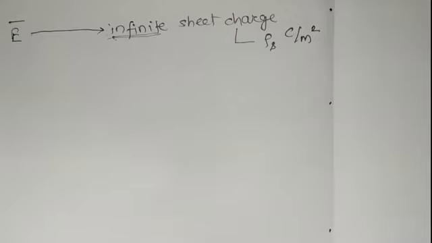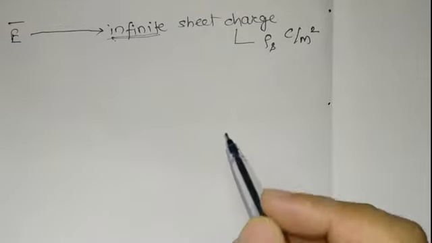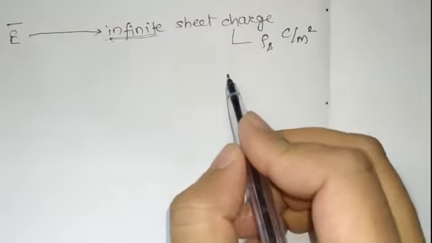So try to recall the cylindrical coordinate system. x is replaced by rho, y is replaced by phi, and z remains z. So x, y, z now become rho, phi and z. So dl equals d rho a rho cap plus rho d phi a phi cap plus dz a z cap, and likewise we have to calculate the differential surface also, so we are going to see it through the diagram, so that the idea will be very clear.